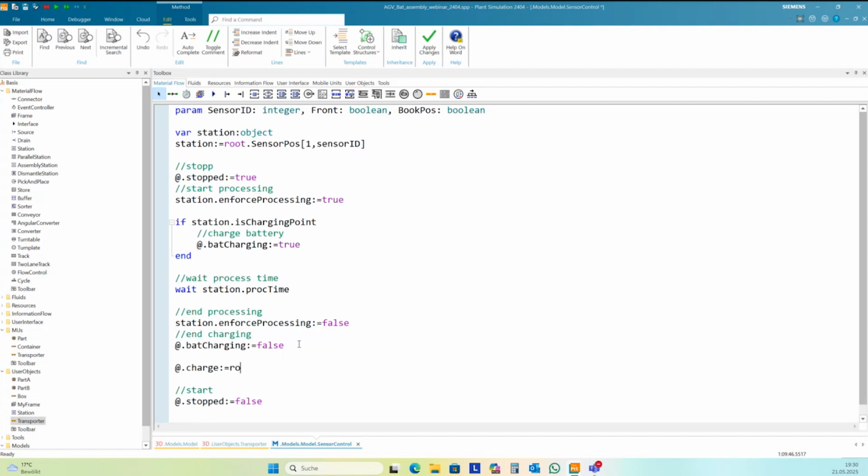I want to round it. Yes, and but charge is the recent battery charge. I need to divide it by the capacity of the battery. It's battery capacity.